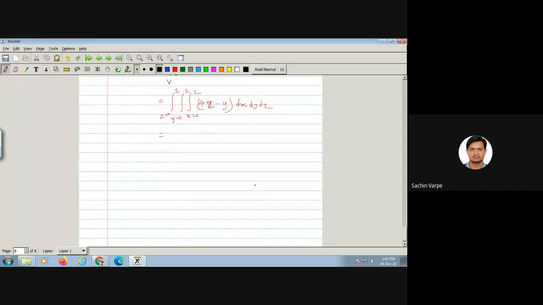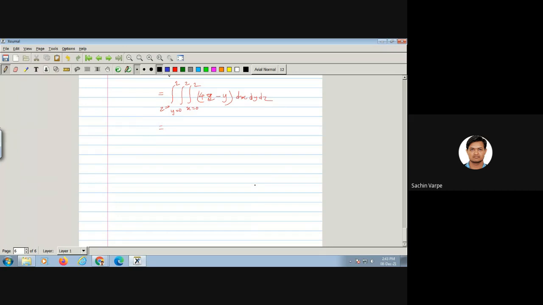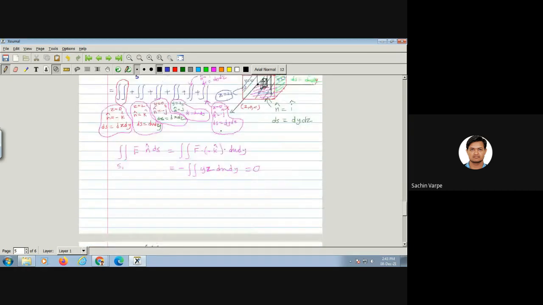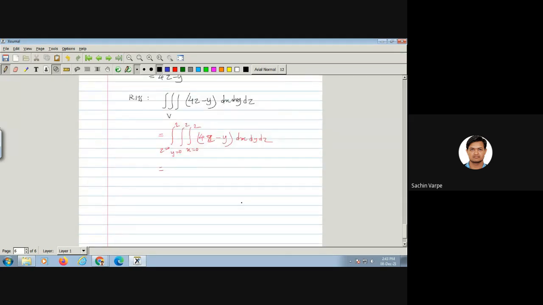Is this clear? But that will not be the same for, suppose, a tetrahedron surface given to us. Suppose, so first, is this clear to everyone? Is this example clear to everyone? This is how the verification is done. You just calculate these 6 surface integrals. You will get some left hand side, that is the sum of all those 6 surface integrals, and you just verify it with the right hand side. If it gets the same, then the verification is done.